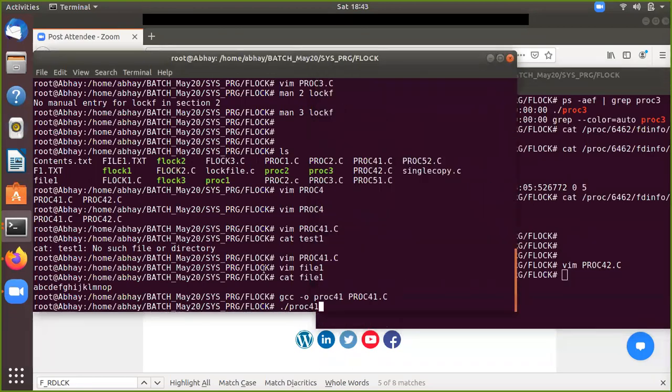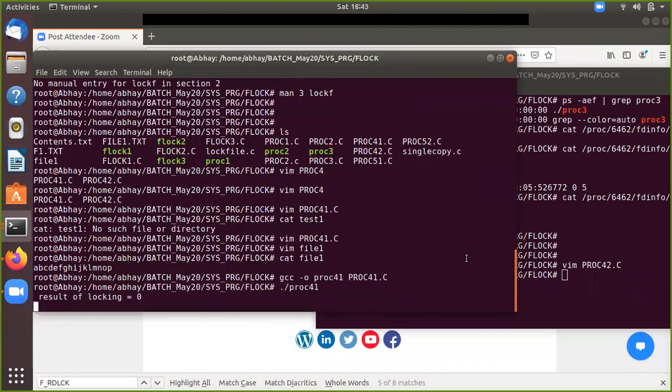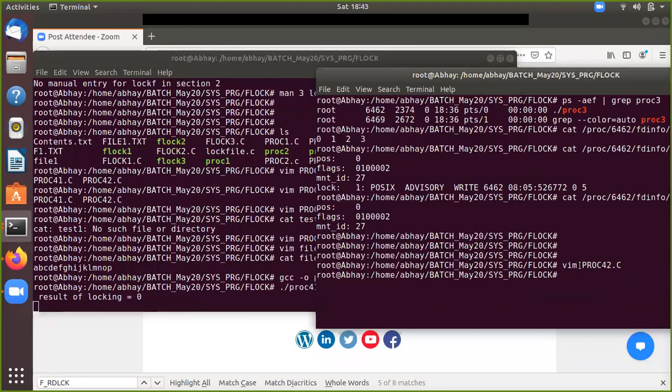So I'm going to run this. It has been locked. Now I'm going to run this lock, proc42.